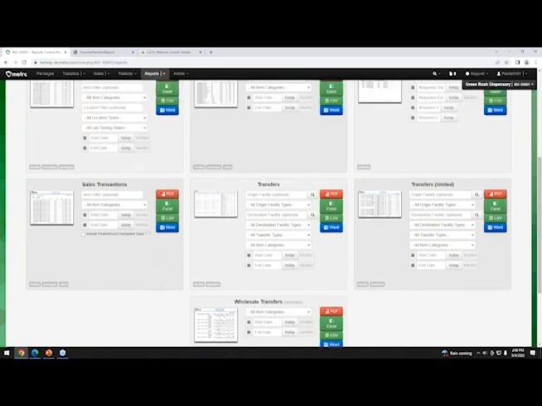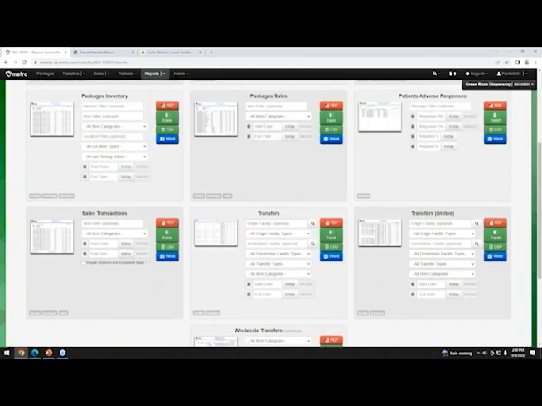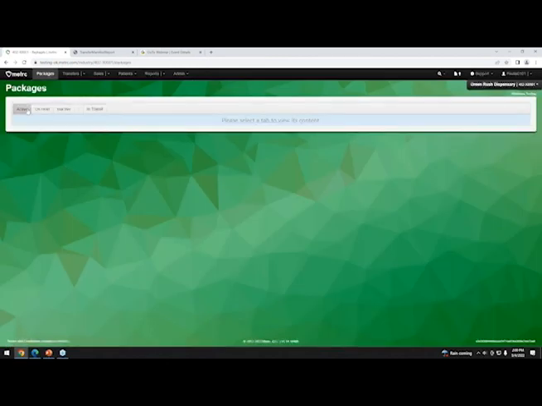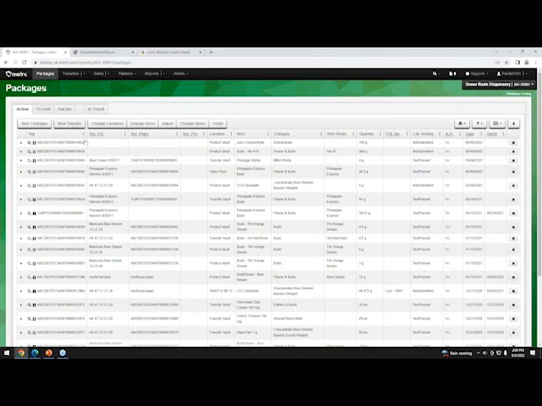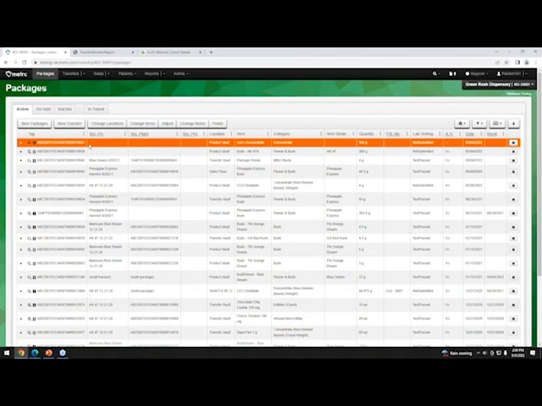If we flip back over to the packages, I want to quickly show you how to adjust for things. On the sales aspect or any of the reports, you do have the ability to export. If you find some information in a specific data set you want to export, you can use that little printer sign there.